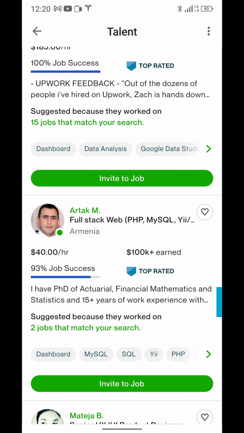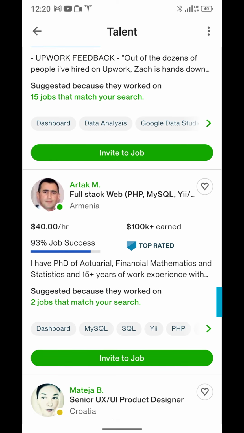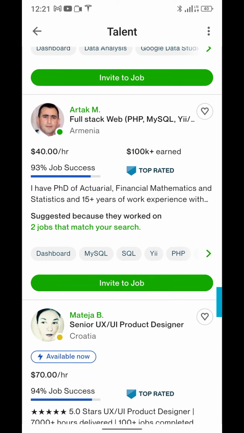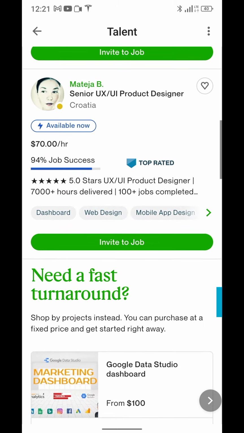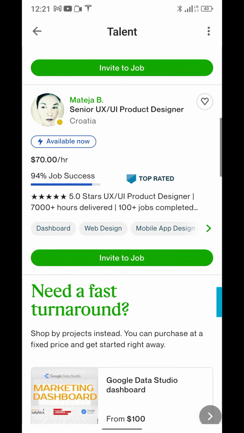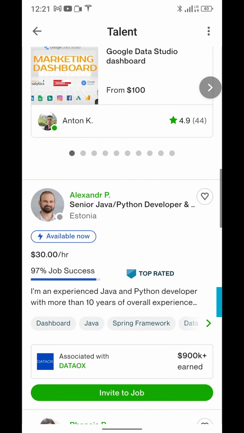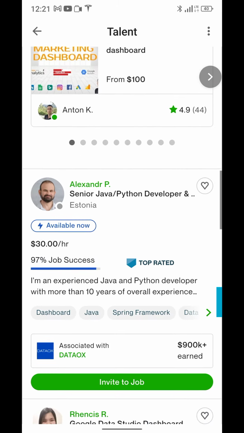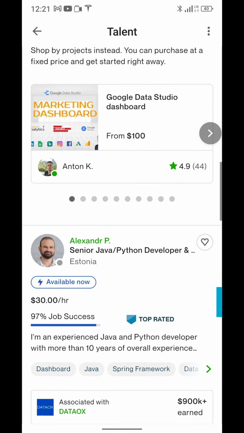accordingly. This freelancer from Armenia makes $40 per hour, and $40 per hour for an Armenian-based freelancer is more than enough. He probably lives like a king in Armenia, because living expenses are really low there. Here we have another freelancer making $70 per hour, $30 per hour, and remember, I haven't